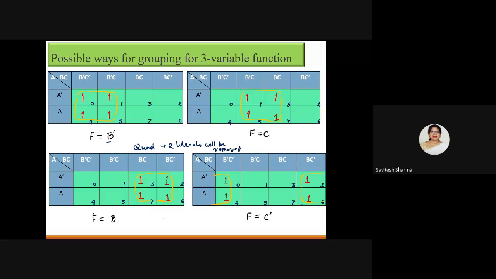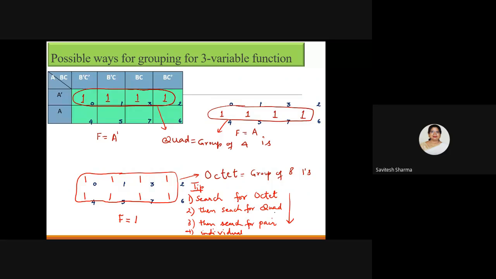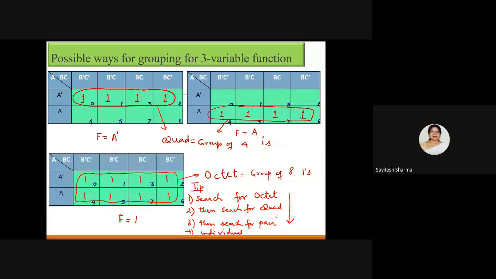So you see, in this case, A is changing, C is common, so you will write C only. For this case, A is changing, because if you are going from this cell to this cell, A is changing, and if you are going from this cell to this cell, your C is changing, so you will write B here. Now for this case, you assume that this is foldable, so these 2 ones are now adjacent to these 2 ones. So for this case, again A is changing and B is changing, so you will write C complement. So these are the cases I am showing you here. Another two cases are there for a quad.